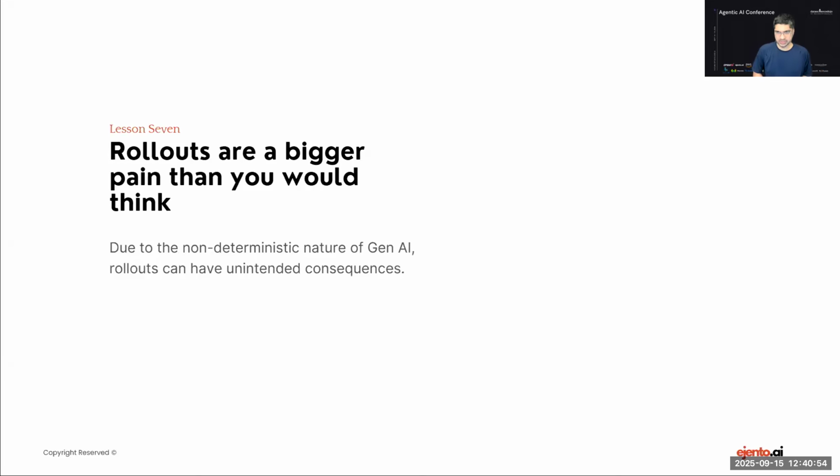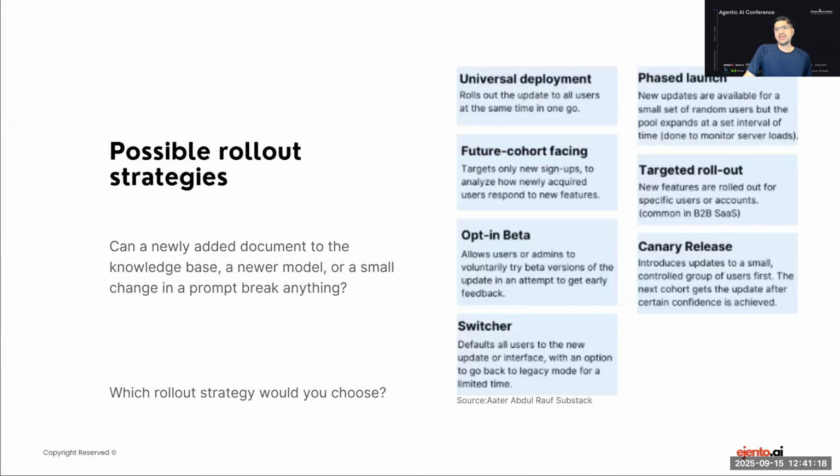So how do you roll out? How would you decide? How do you do prompt control or source control on prompts, for lack of a better term? Can you have version control on your prompts? Well, you can, but even if you implemented version control on your prompts, can you have version control on your documents and all of that? There are actually a lot of things that can go wrong. There are different techniques, like universal deployment or opt-in, and there are different ways which are once again beyond the scope of the discussion here.